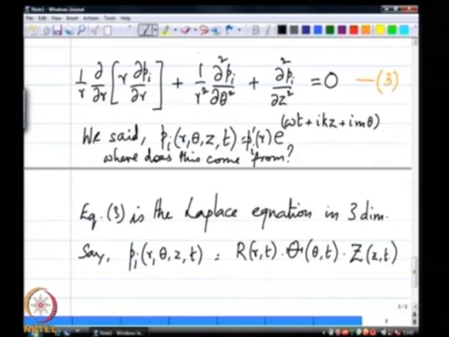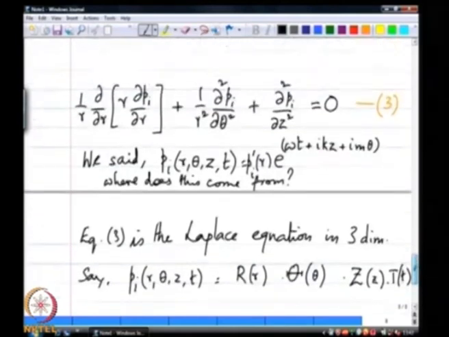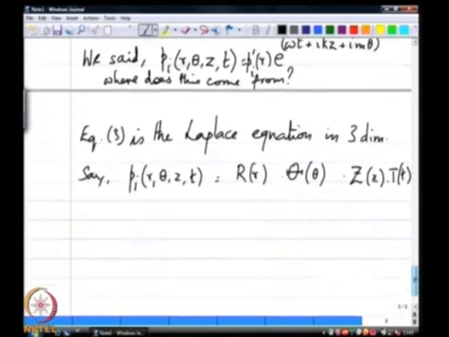In fact, we do not even need the t in every one of these. I will show you in a moment that even that is not required, times some capital T of t. If I take this assumption, which is essentially coming from separation of variables, and I introduce that into the governing equation, what I will end up seeing here is